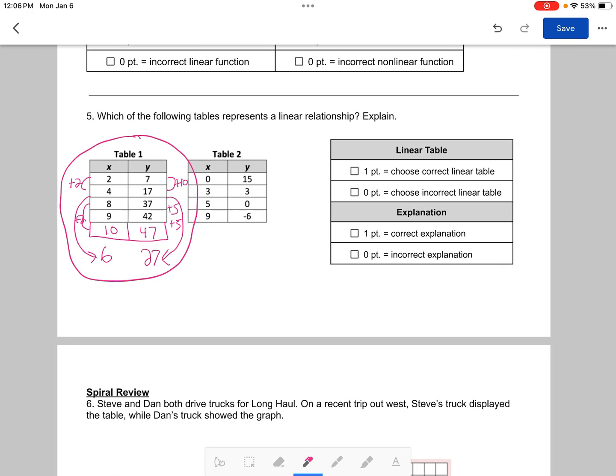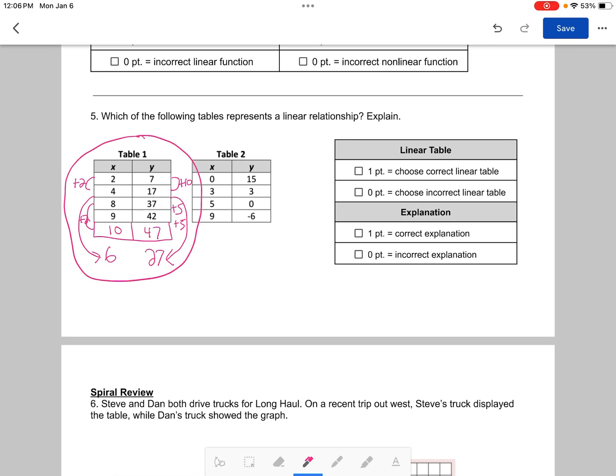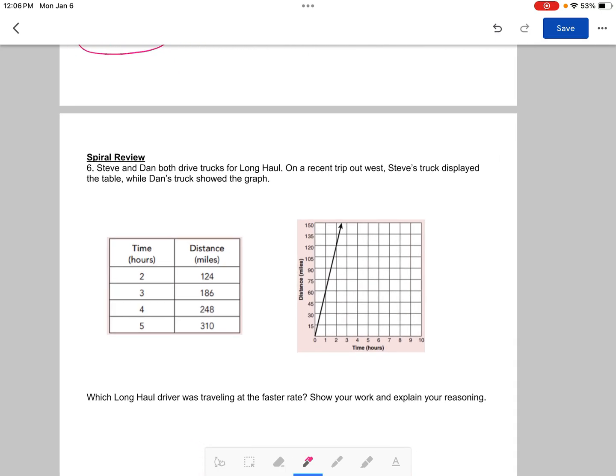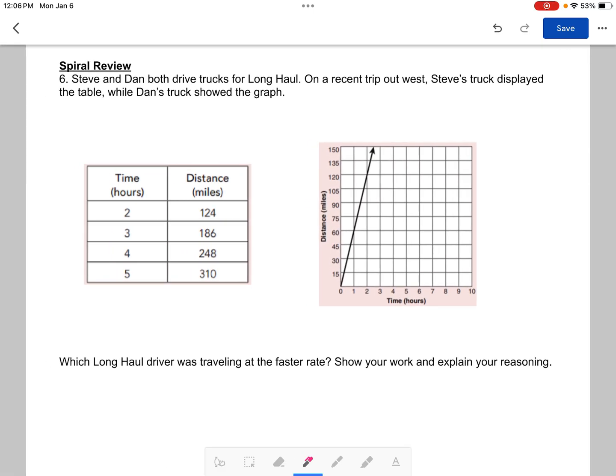Table 2 is not, because we're going up by 3, then by 2, then by 4. It does not follow a pattern. Looking at number 6, Steve and Dan both drive trucks